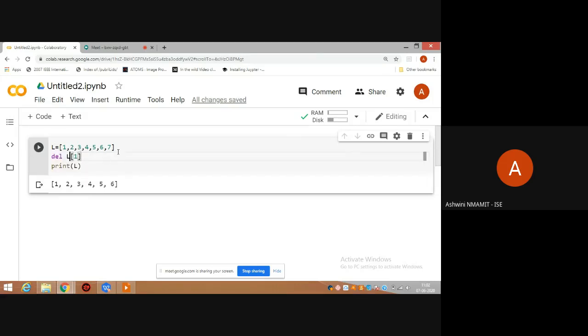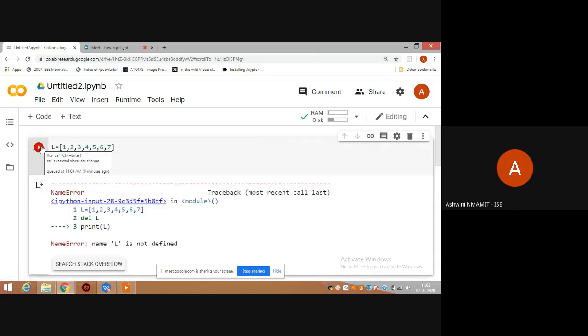I'm creating a list here, 1, 2, 3, 4, 5, 6, 7, and I have written a statement to delete L of 1. So what would it remove? Would it remove the element 1 or the character at position 1? Because it removes the character at position 1. If I say just del L, no. What has actually happened here is it removed the entire list.